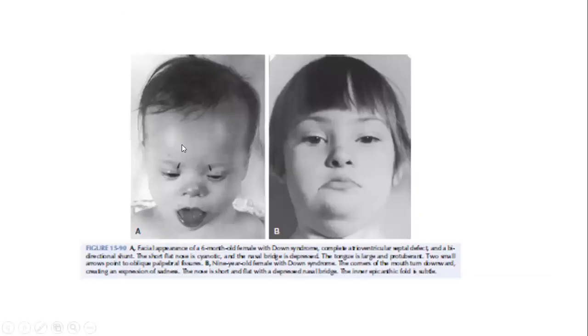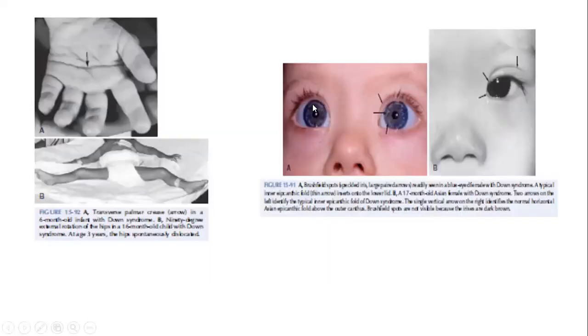So this is a person with a flattened nose, upturned nose, small ears, and an enlarged tongue. And there is a sad face type, where the lateral margins of the mouth are rotated downwards. And in the eyes, we look for Brushfield spots, which are the white spots. Don't use the word sad face because most of the time these are cheerful babies. In the exam, if you see a sad face, they're cheerful babies. They're always happy.